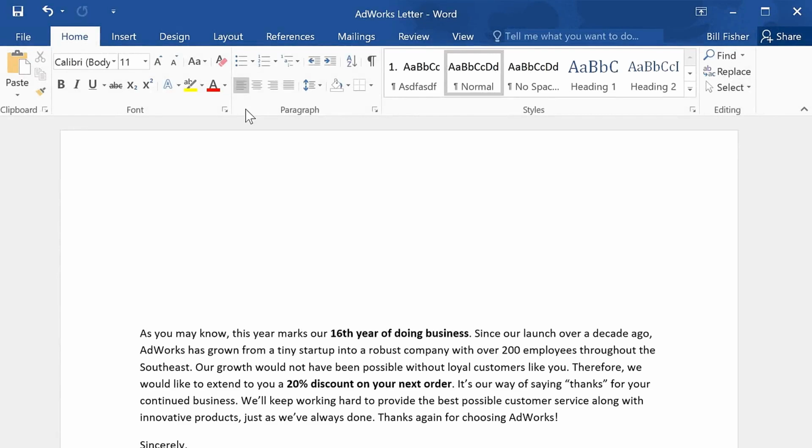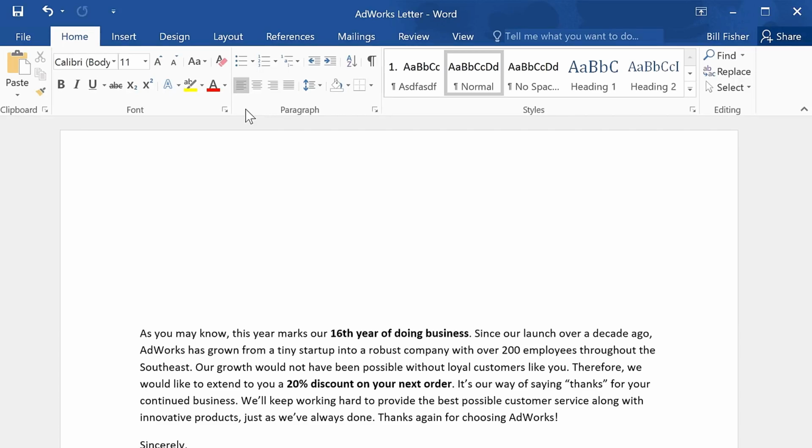Mail merge is a great time saver if you need to create multiple documents that are mostly the same but unique in some way, like name tags for an event or envelopes printed with each person's name and address. The document I have here is a letter offering customers a discount on their next order. I want to personalize it by addressing each copy of the letter to the customer using some information I have